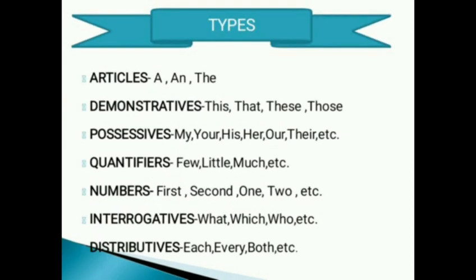Now students, there is not only one determiner. There are many different determiners and they are categorized in different types. They are divided into types like articles, demonstratives, possessives, quantifiers, numerals, interrogatives, distributives. Here are some keywords which will make it clear which determiners are used in which type. For example, articles: a and the. Demonstratives: this, that, these, those and so on. So go through the table and revise it.